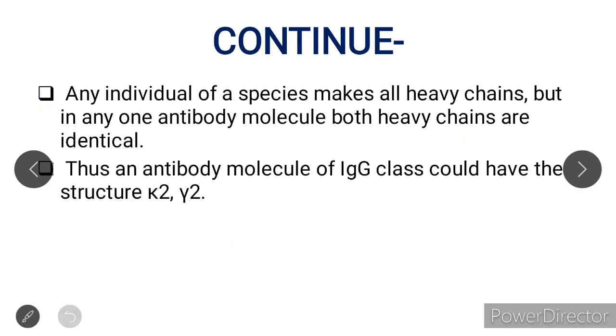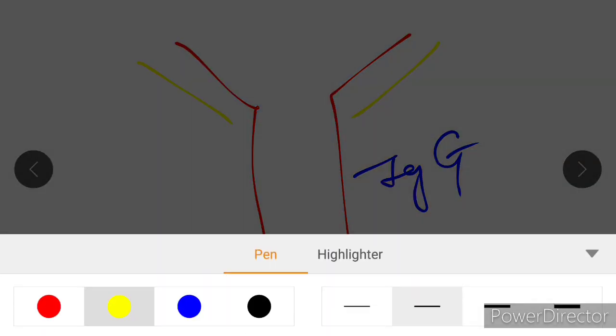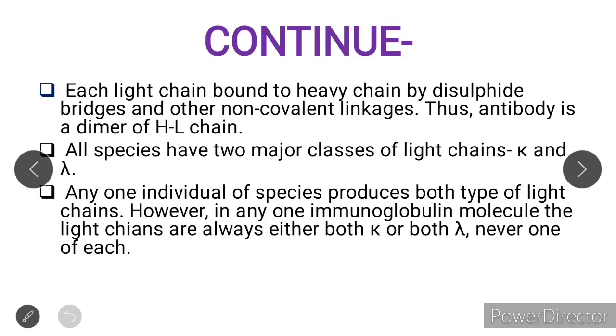I already discussed that if this is an antibody molecule with a light chain, and this antibody molecule belongs to IgG, then it consists of either kappa 2 gamma 2 or lambda 2 gamma 2. This will be the structure; both are not present in a particular antibody molecule. Next,